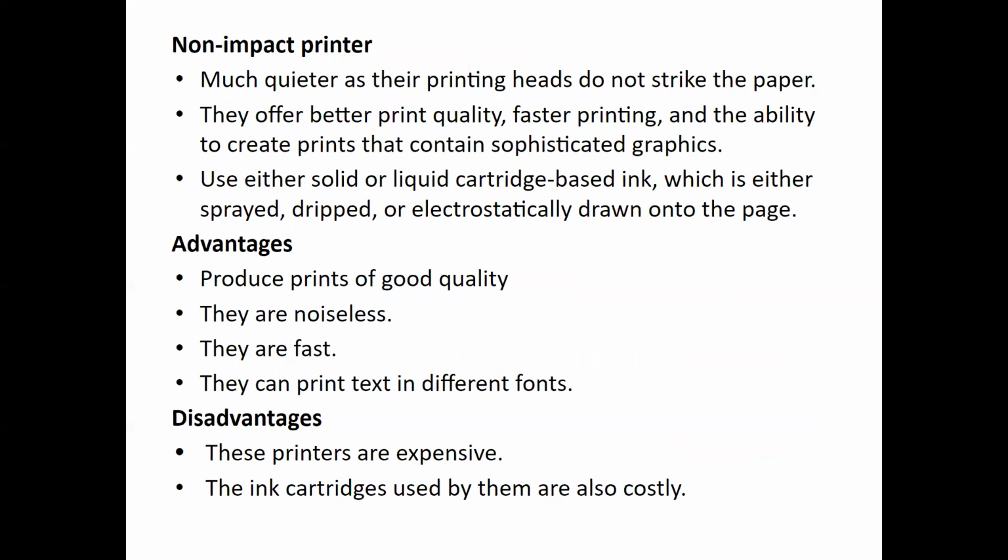Non-impact printers don't print characters or images by striking a print head or hammer on the ink ribbon placed against the paper. They print the characters and images without direct physical contact between the paper and the printing machinery. These printers can print a complete page at a time, so they can also be used as page printers. One more thing is that the most common types of non-impact printers are laser printers and inkjet printers.